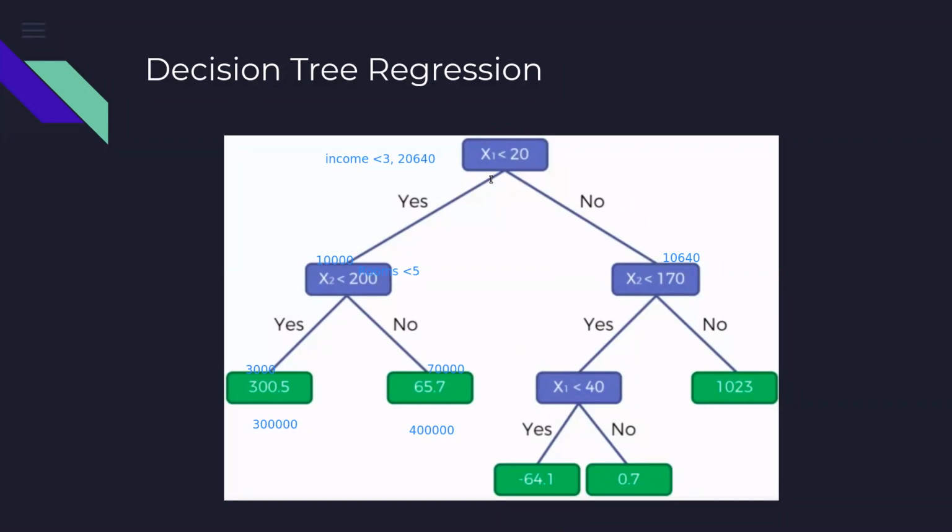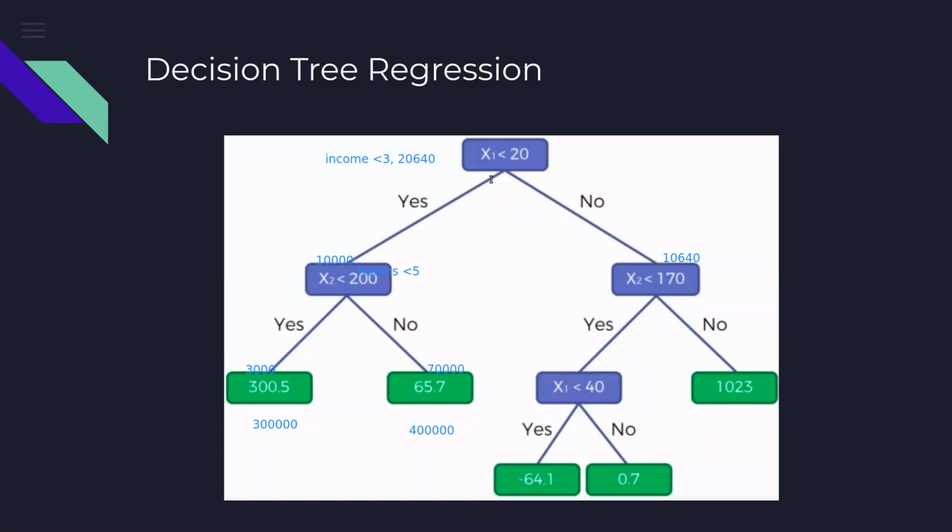And that is what the system in the backend would be doing. It will first experiment with, say, income less than 3, then experiment with income less than 4, then 5, and so on. So it will go on experimenting with different variables. But to understand this, let's assume that our first criteria is income is less than 3. I have divided my entire data set into two parts. One is having 10,000 records, the second is having 10,640 records.